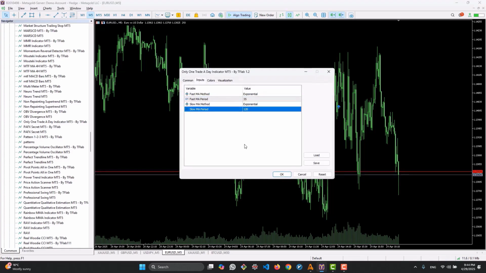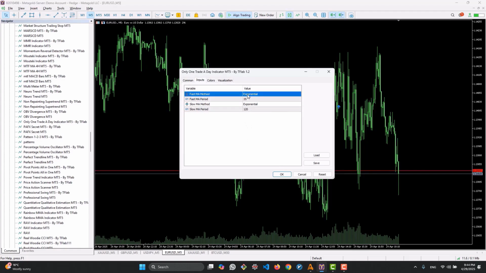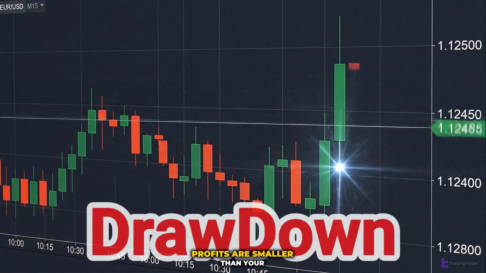This indicator uses two moving averages, and we can specify the